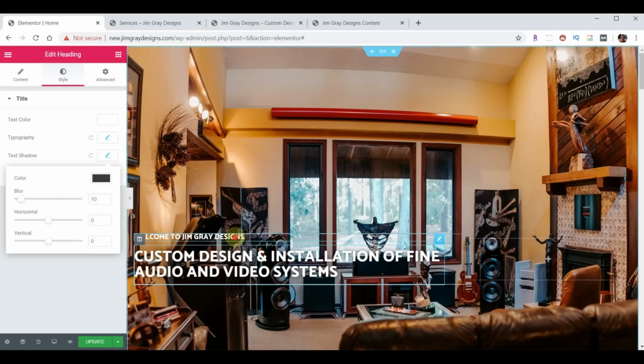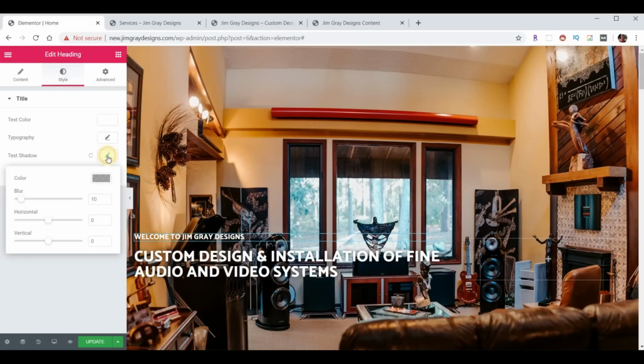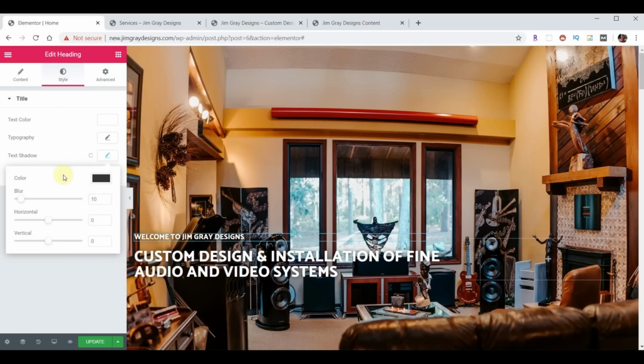And then I want to do the same thing for this little widget up here. We're going to go to Style, Shadow, choose the color, and we're going to drag that up to around 80% like that. And that'll make it look a lot easier to read with that little bit of a shadow. In fact, you don't even know the shadow's there unless somebody points it out to you, but it certainly makes a difference. Now I can hit Update,